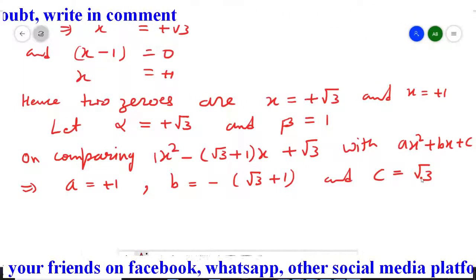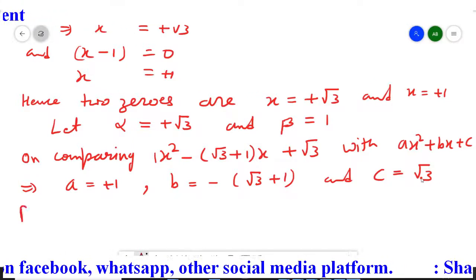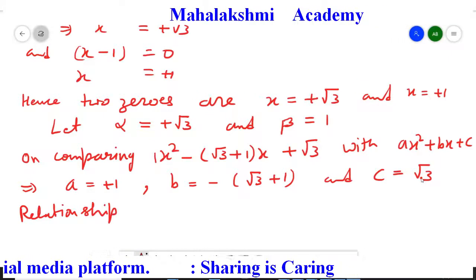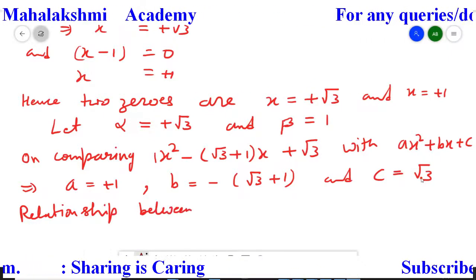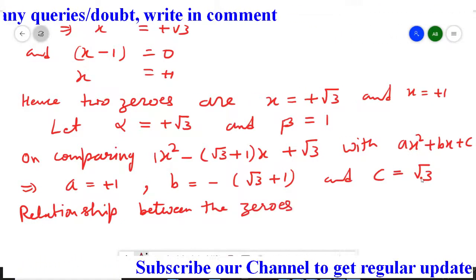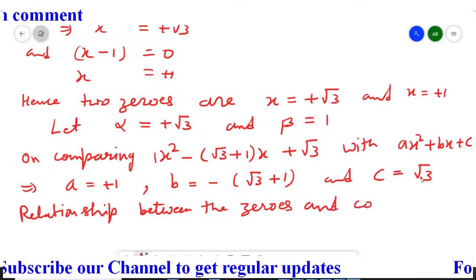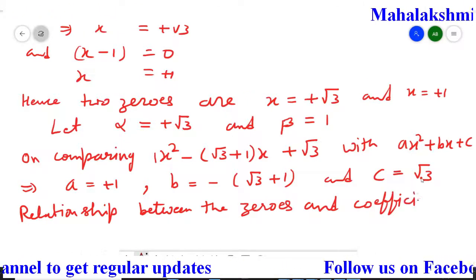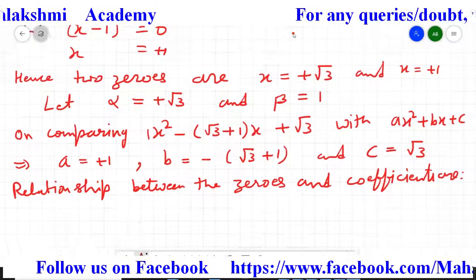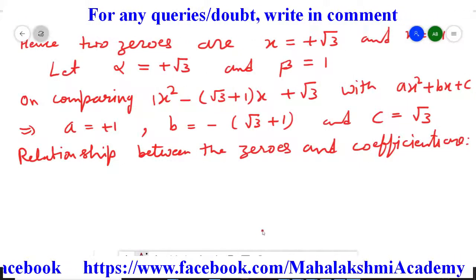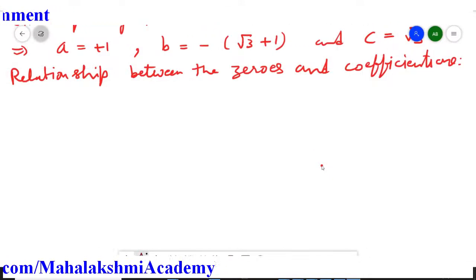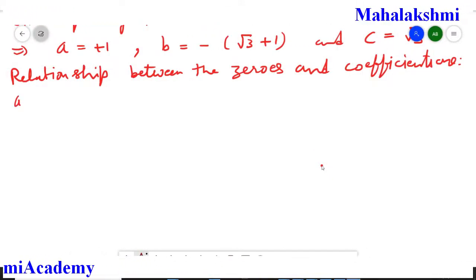Now we are going to establish the relationship between the zeros and coefficients. So there are two relationships, students. I am writing them one by one. The first relationship is